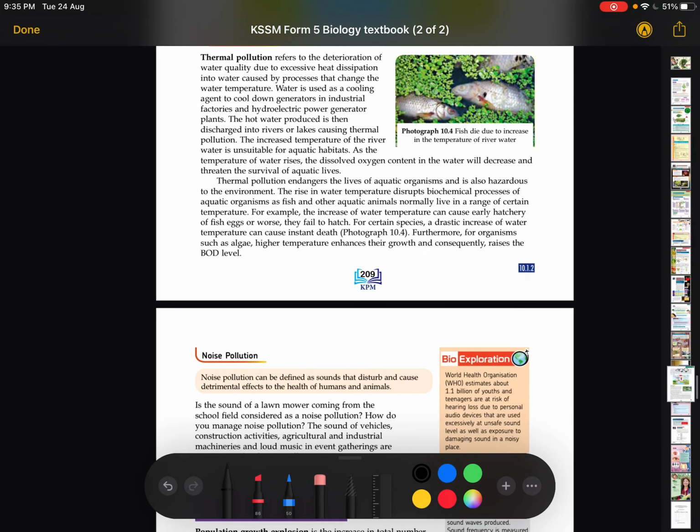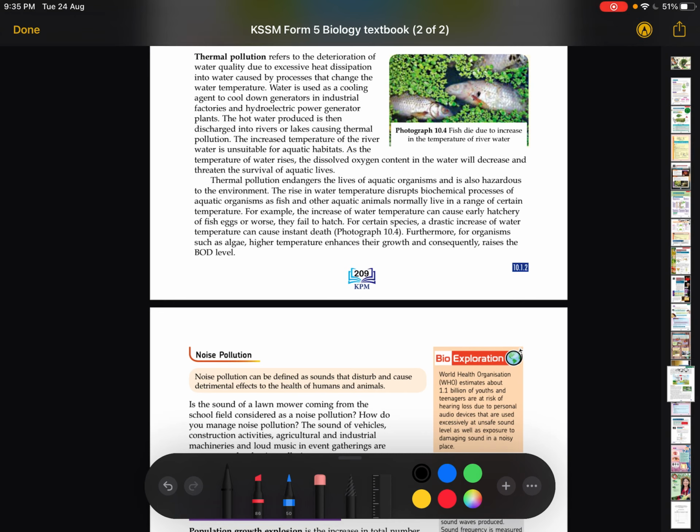Basically, when the temperature is too high, number one, aquatic organisms can't function normally because their enzymes are not as active. Number two, their body temperature is too high, so it might be like feverish. Fishes have a certain amount of temperature as well. So too high a temperature will cause them to have sicknesses. And number three,